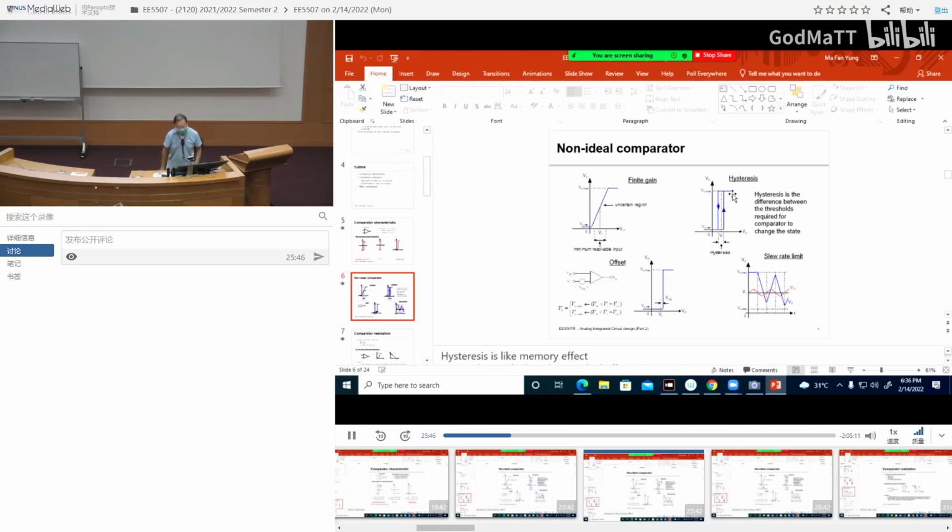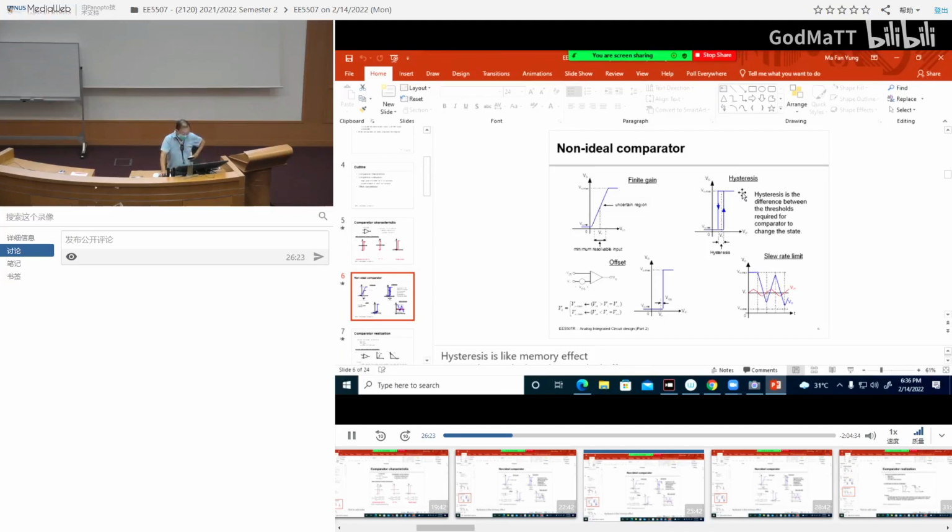Hysteresis basically is that the circuit has some memory. For example, initially the output is low because Vin is less than VR. As we slowly increase Vin, you will cross VR, and then maybe there's some offset, and the output will go high, correct? Now when you're high, and I start reducing Vin,